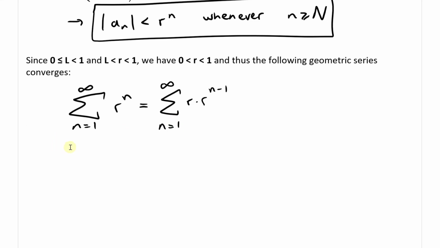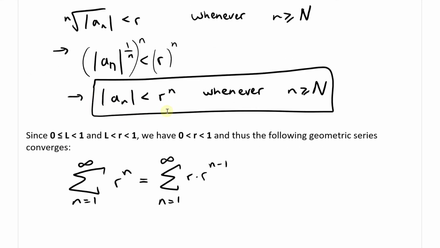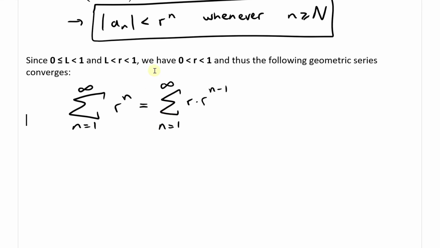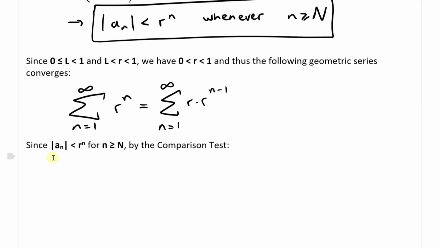So in other words, every term, the absolute value of a_n, is less than the terms of a convergent series. Otherwise, we could not just use the comparison test. So let's keep going here. Since the absolute value of a_n is less than R^n, for n greater than capital N,